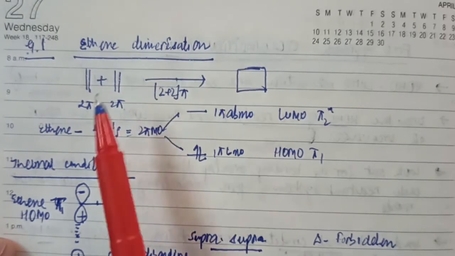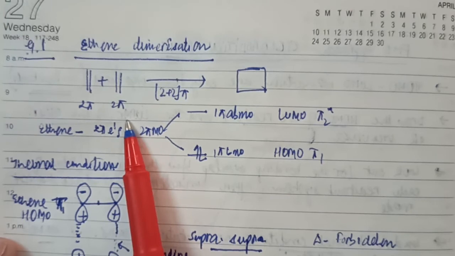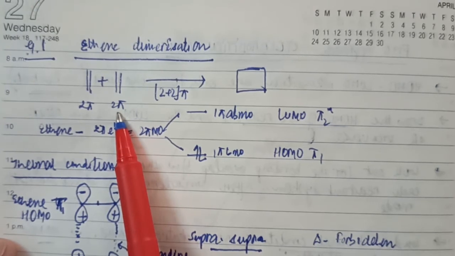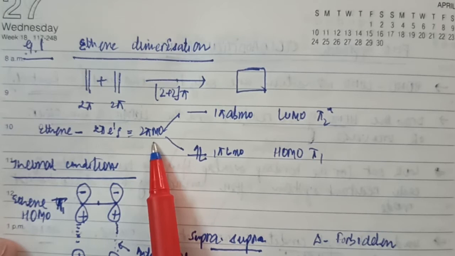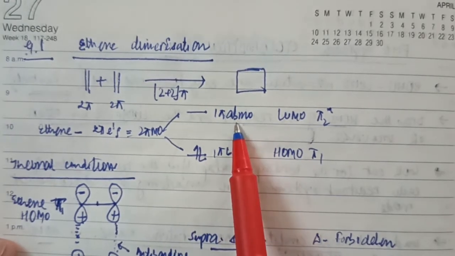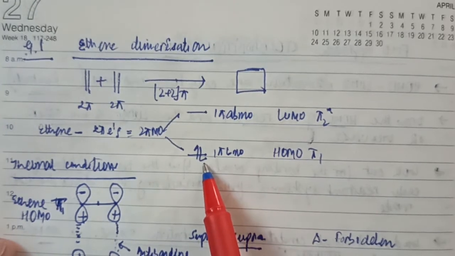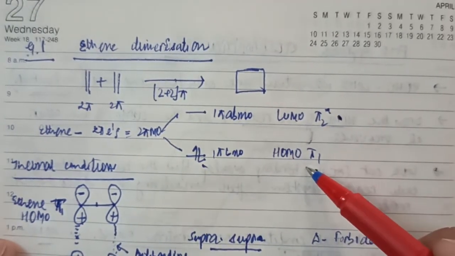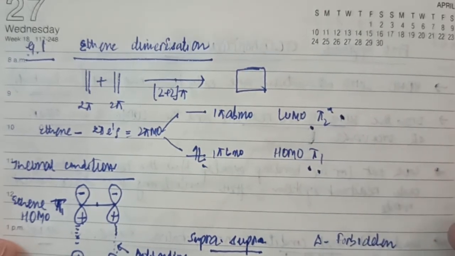Ethene dimerization, that means I have two ethene molecules. One reactant is ethene, the second one is also ethene. Of course, ethene is a 2π electron system. So I have one ethene as a 2π electron system, the other ethene as a 2π electron system. If ethene is a 2π electron system, two molecular orbitals will be formed. One is bonding, another one is anti-bonding. There we have to place two electrons. Two electrons will go to the first orbital, that is π1. π2 star will be empty. Therefore, HOMO is π1 and LUMO will be π2 star as far as one ethene reactant is considered.